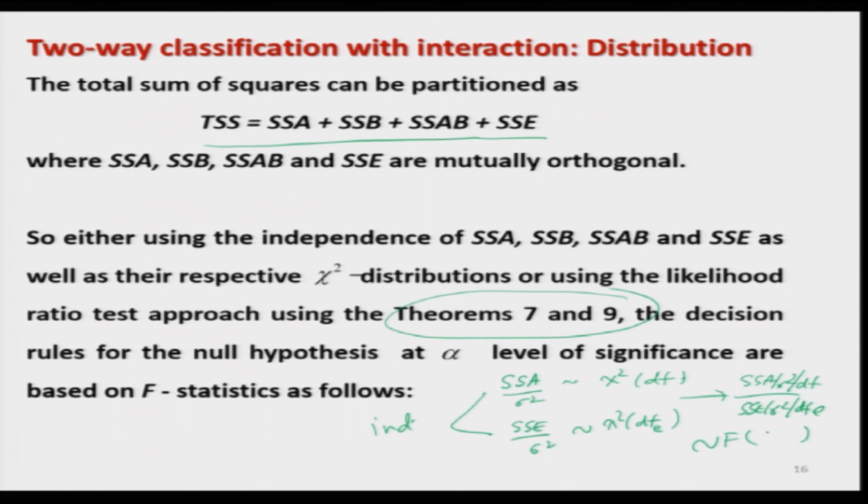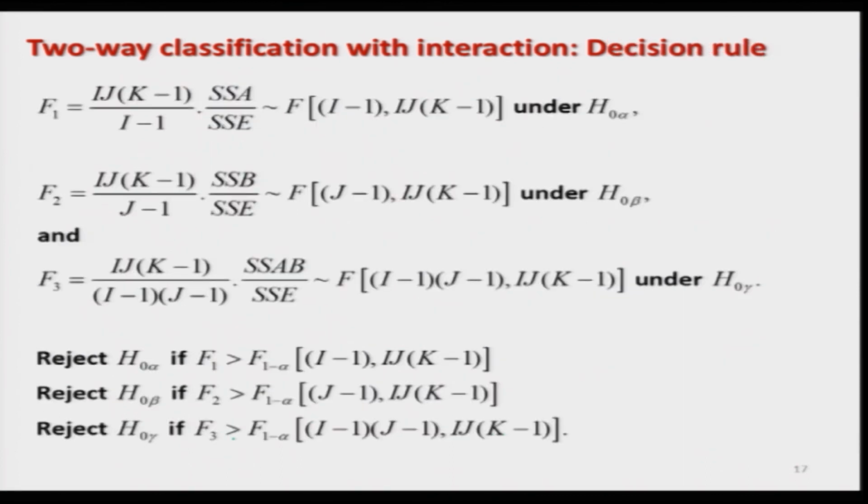Now you have to do this exercise 3 times: once for A, then for B using SSB, and then using SSAB. Based on that you will have these 3 statistics, indicated here by F1, F2 and F3. F1 is the statistic used for testing H naught alpha. This is I j into k minus 1 divided by I minus 1, into SSA upon SSE. This follows an F distribution with I minus 1 and I j into k minus 1 degrees of freedom. Similarly, F2 is the statistic used to test the hypothesis H naught beta, and this is I j into k minus 1 divided by j minus 1, into SSB upon SSE. This follows an F distribution with j minus 1 and I j into k minus 1 degrees